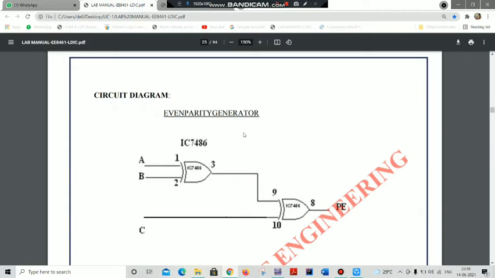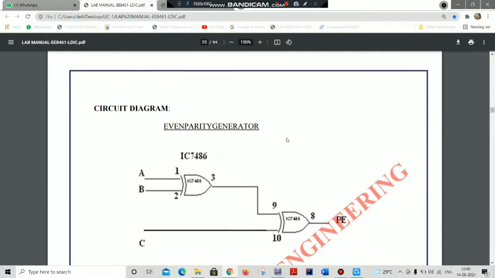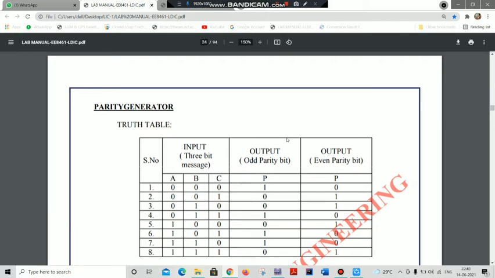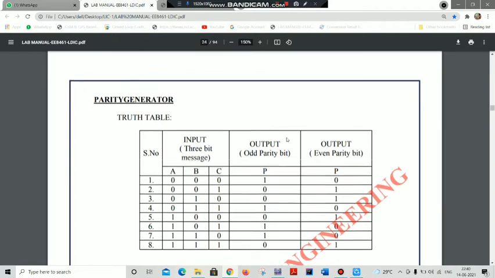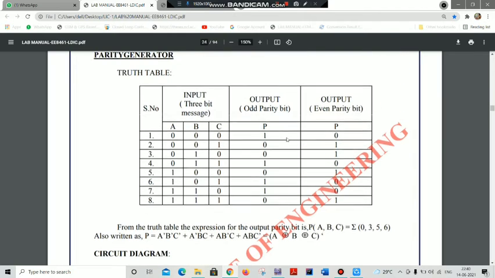At the 8th pin of the XOR gate, you connect an LED to verify your output for the corresponding 3-bit input. When you give A, B, C as 0 0 0, your even parity bit will be 0, and likewise you have to give all 8 input combinations to your generator, and correspondingly we get the output at the 8th pin of the XOR gate in the even parity generator.